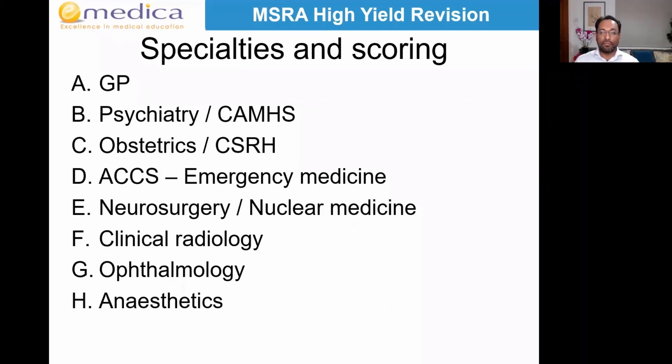Okay, so the different specialties that use it, let's see which specialties people are interested in applying for. If you're applying for more than one, you can select more than one answer. I can see that most people are applying for GP and or psychiatry or child and adolescent mental health. And then quite a few people are thinking about radiology, so then they'll be thinking ahead to the next round. And then a smaller proportion, all of the others, all right?